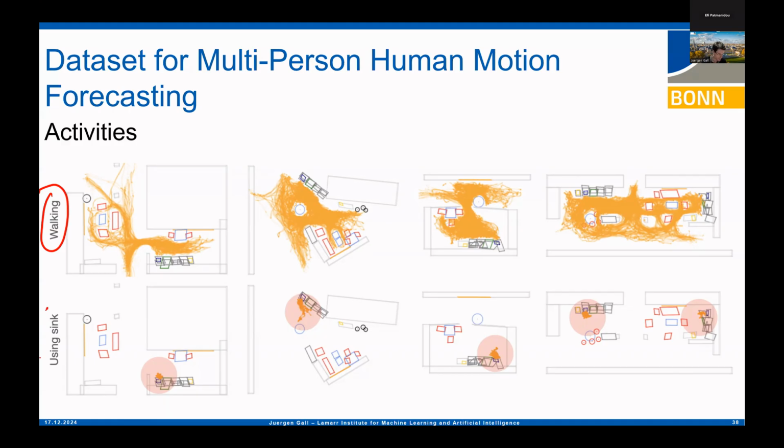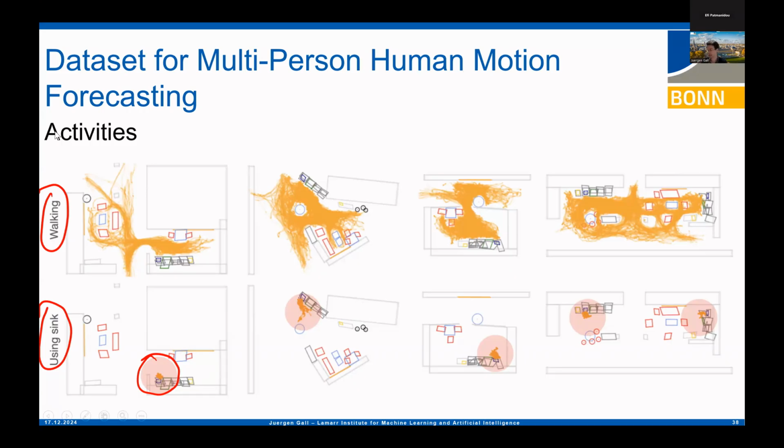And here at the bottom, you see another example. This is when people did some actions using the sink, where the red line is circular, indicating where they actually look. And the yellow one is again the position where they did dishwashing, washing the dishes, or anything else at the sink. So at the end, we also have the information of when certain activities happen. And this gives us a nice idea to visualize what actions they are doing in this environment.